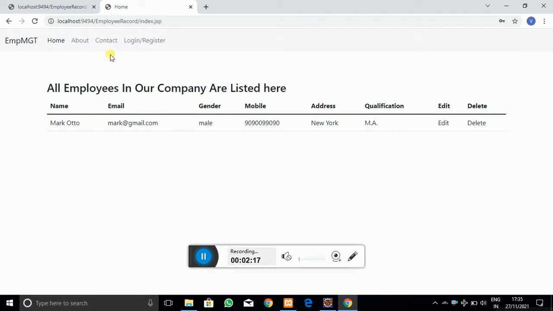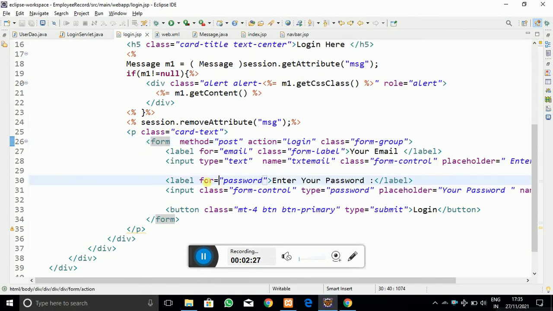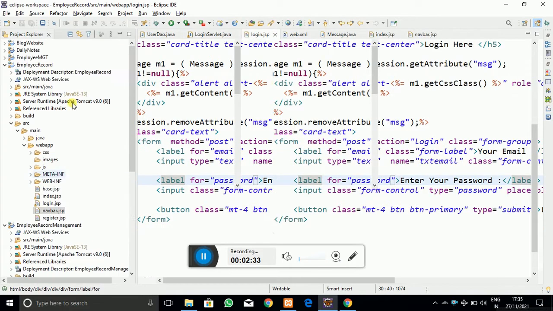As you can see, the session value is created, but in the navigation bar there is still a login or register link. We have to change it to a dynamic link. That is, if the user is already logged in, it should be a log out link.